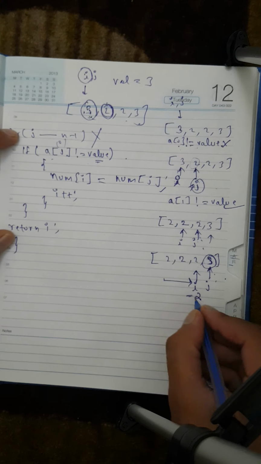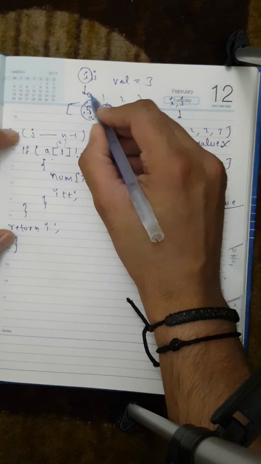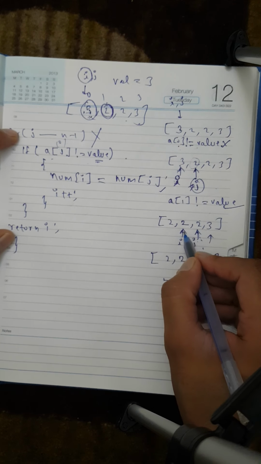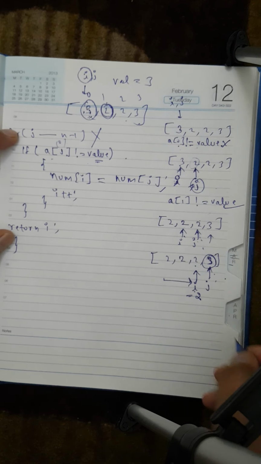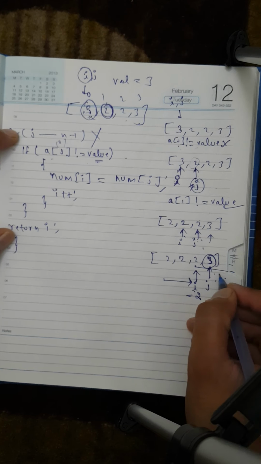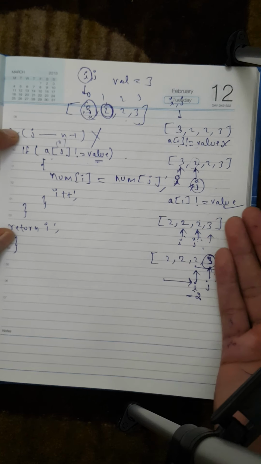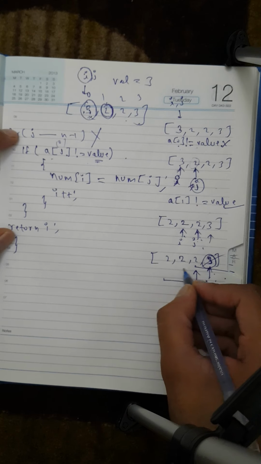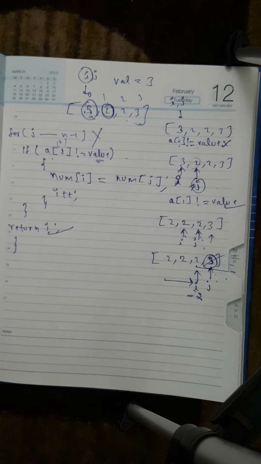And now what will be the value of i? i will be 2, since i started from 0, 1, 2, 3. i was here when its value was 0. i's value was incremented to 1 when it was here. i's value was incremented to 2 when it was here. So we don't care what the resulting array will be. We only want to know the resulting length of the array after removing 3. So we have removed 3 and we know that i has traveled 2 places, so we will return i from here, and that will be our solution.